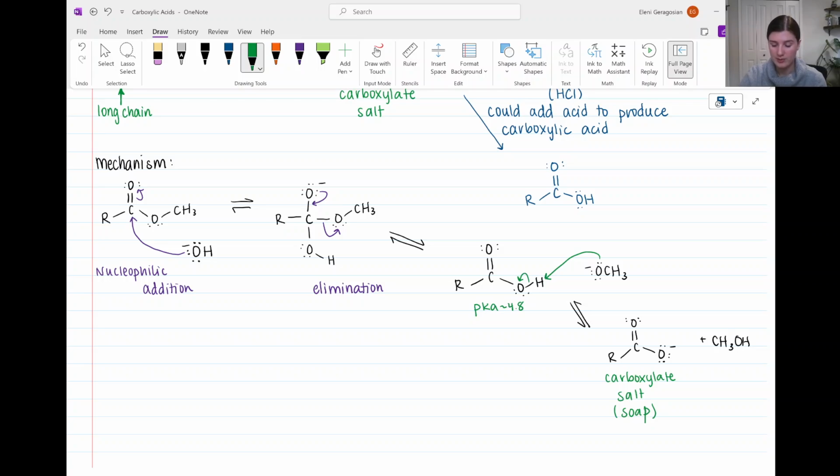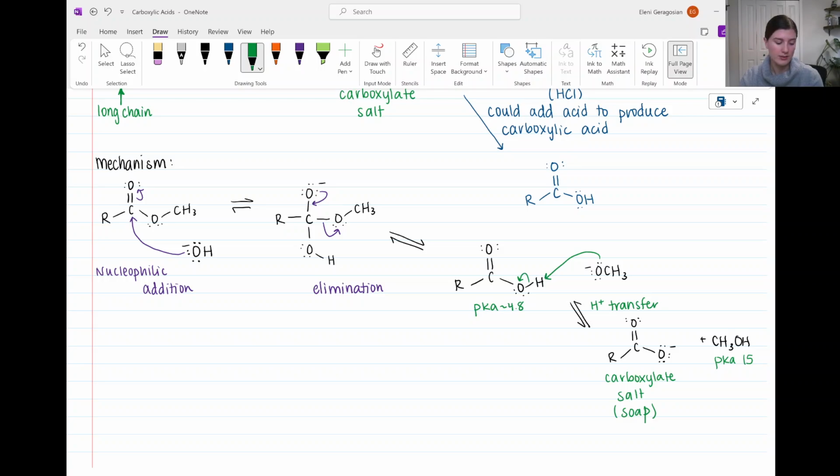CH3OH in this last reaction, which is a proton transfer reaction. The pKa of our carboxylic acid is about 4.8. The pKa of methanol is about 15. So the carboxylic acid is a much stronger acid, so this reaction lies towards the products, the carboxylate salt and